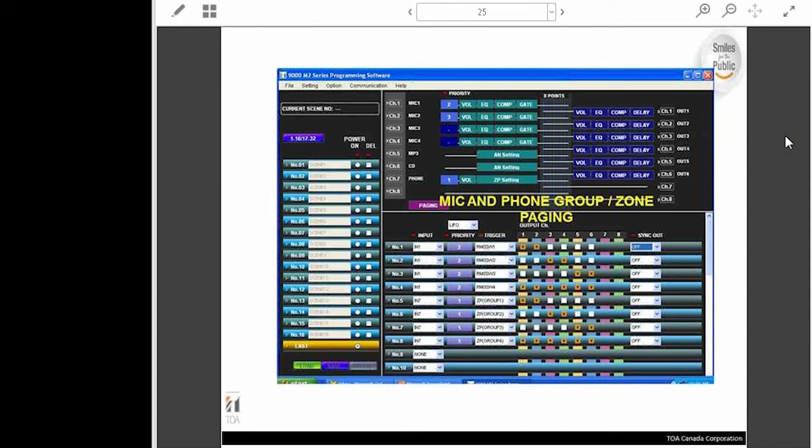This allows you to matrix your zones as required to make these pages happen the way that you need them to happen. As you can see here, we have input 1 routing to output 1 and 2, input 2 routing to 3 and 4, input 3 routing to 5 and 6, input 4 routing to all 6 output zones,